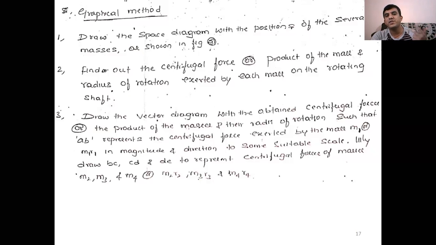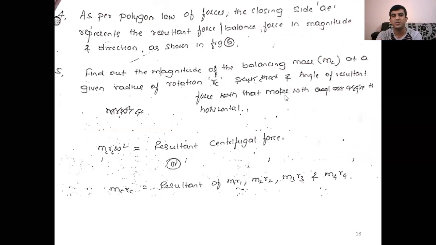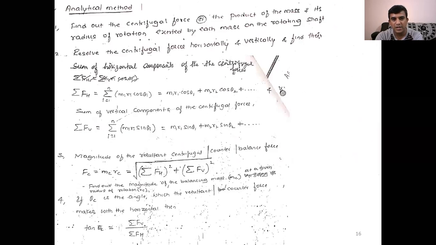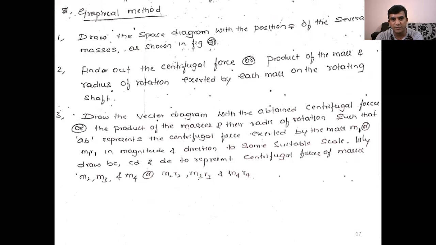Third step, you go for drawing a force polygon, or vectorial diagram. You know how to draw the force polygon by taking a suitable scale, so much kg meter equals one centimeter. Once you calculate the centrifugal forces, the length of the line shows the magnitude and the arrow mark shows the direction. When you solve the problem, you come to know that. If there is any gap in the force polygon, then you join that gap. One minute, I'll show the force polygon here.